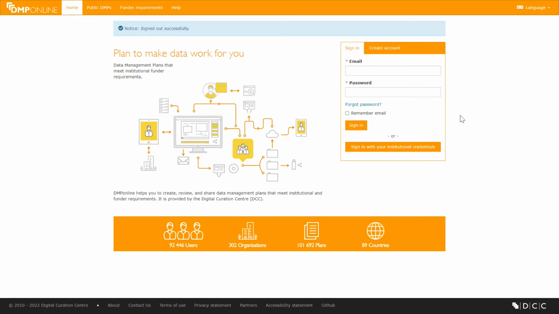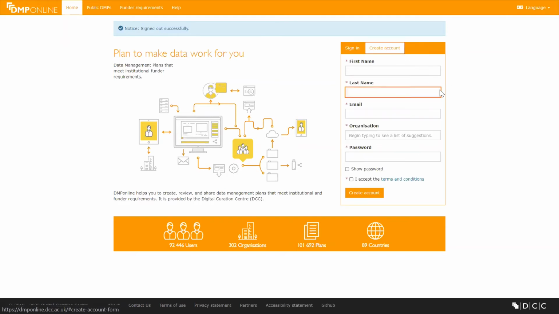You're probably familiar with the page. The reason I insisted on taking you to the homepage is so that I can show you how to create an account. I'm not going to create an account. It's fairly straightforward, I hope. But I just wanted to say that we insist that people create an account on DMPOnline, their own personal account,